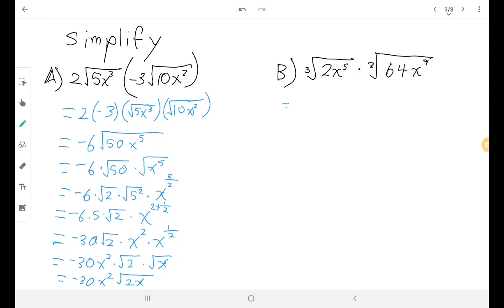So that is the cube root of 2 times the cube root of x to the 5th times the cube root of 64 times the cube root of x to the 9th, which is,